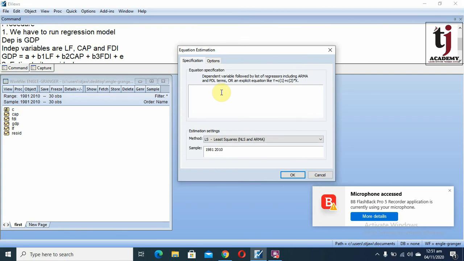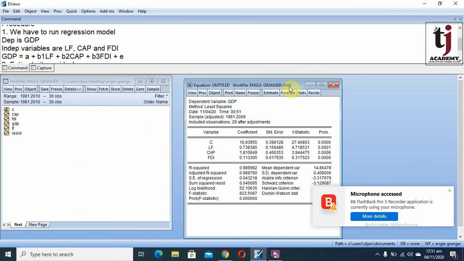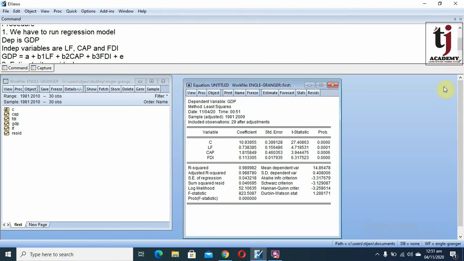GDP is equal, space, C meaning constant, then write all the independent variables like labor force, capital and FDI, then press OK. This is the first step.